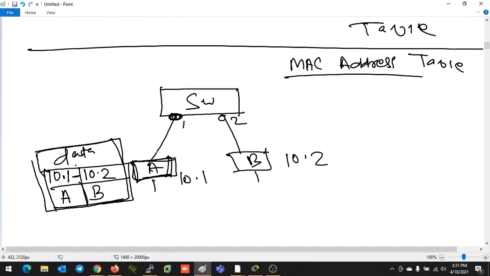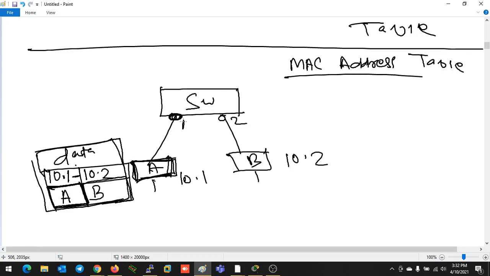First of all, before processing the information or before checking the destination MAC address, the switch will try to make a MAC address table entry by looking at the source information. What is the source MAC address? Before checking the destination MAC address or taking the forwarding decision, the switch will make a MAC address table entry for the MAC address of the device that is actually sending the data, the source MAC address.